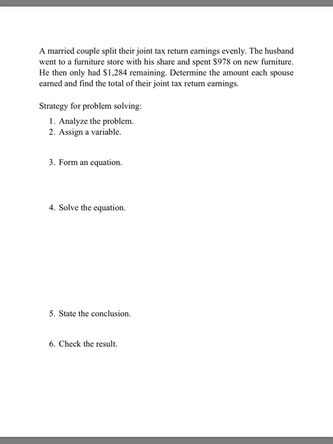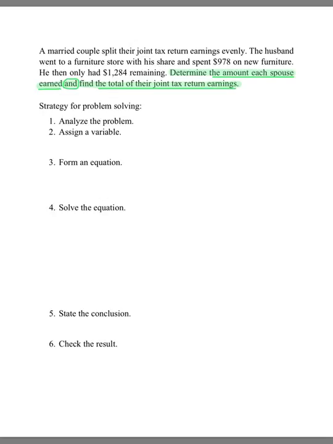Let us begin our strategy for problem solving by analyzing the problem. Keep in mind that the first thing you want to do when analyzing the problem is find what it is we're asked to determine. In this case, they want us to determine the amount each spouse earned and find the total of their joint tax return earnings. So the key word here is "and." It lets us know that we're looking for two different things: one of them being the amount each spouse earned, and the second being the total of their joint tax return